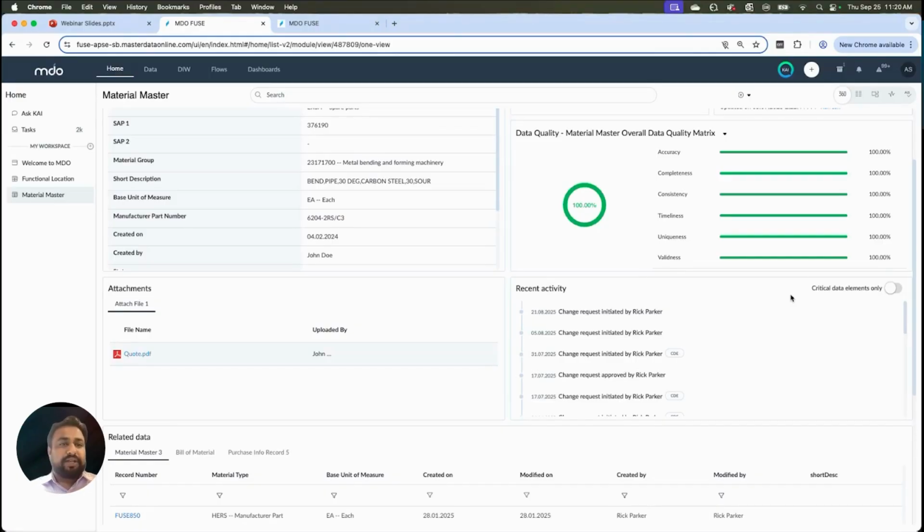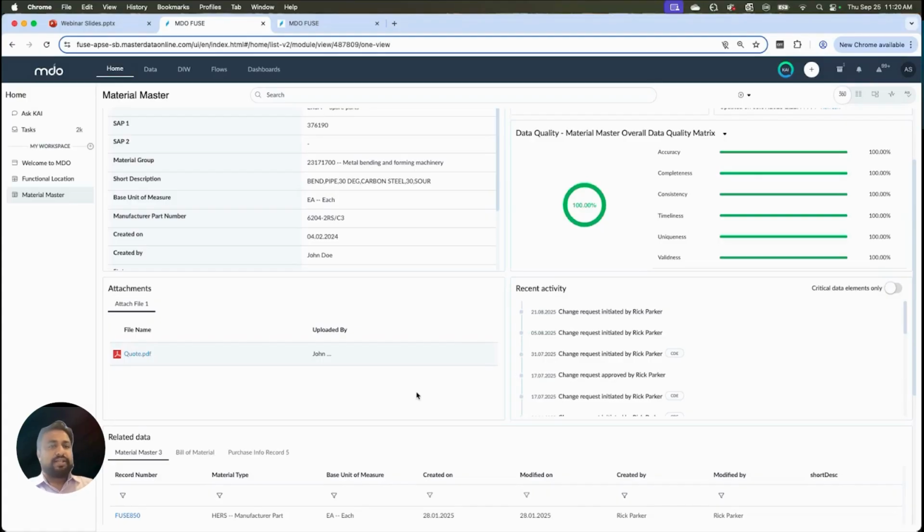In our last session, we did discuss Kai, our AI engine, which helps us in fixing these challenges. As you are creating the data, using Kai, you can fill in the information. Kai would instantly let you know where the issues are, which particular rules are failing, and give you suggestions to fill in the data. So that's how MDO, OneView, and Kai work together to give you the errors and then help you in fixing that information as well.